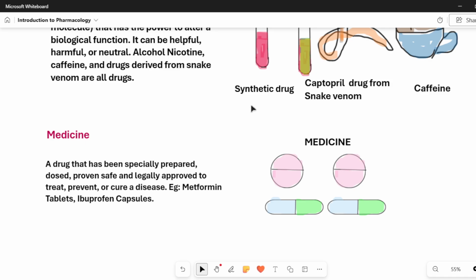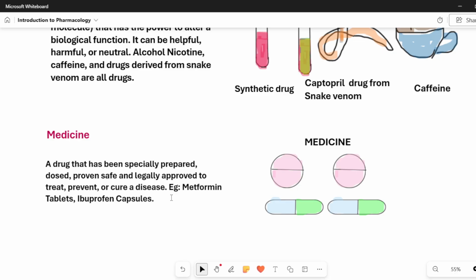Now, if these drugs have been proved safe for being administered to a living being with no or minimal side effects, and have been approved by government authorities, then after going through all those steps, the drug becomes a medicine.